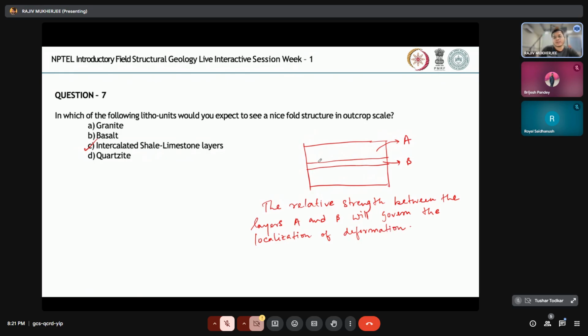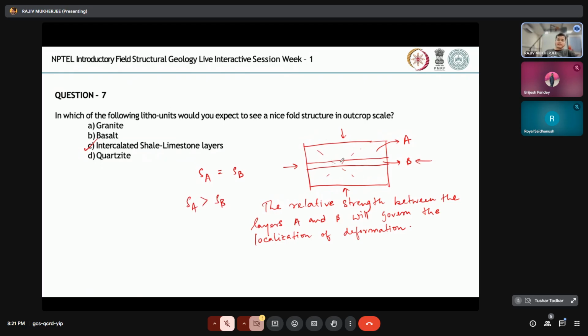Right? So if the strength of A is equal to strength of B, even if you try to deform these materials, you will end up having some fractures at most. There will be no such thing as ductile deformation. But if strength of A is higher than strength of B,